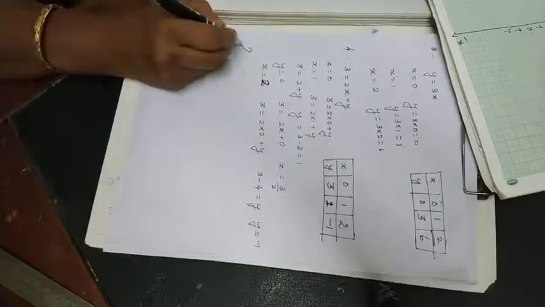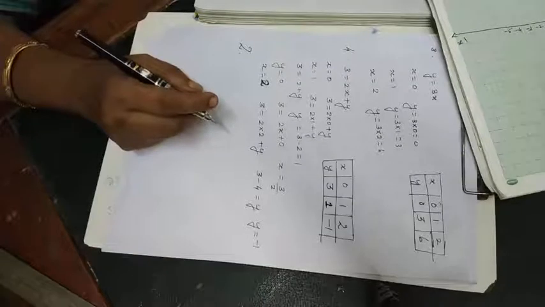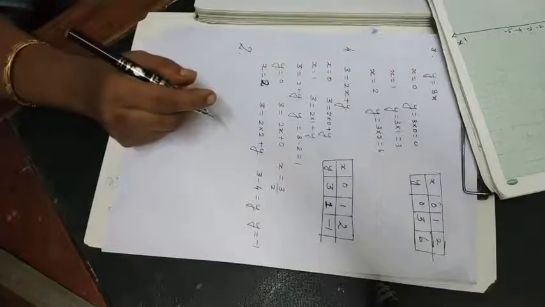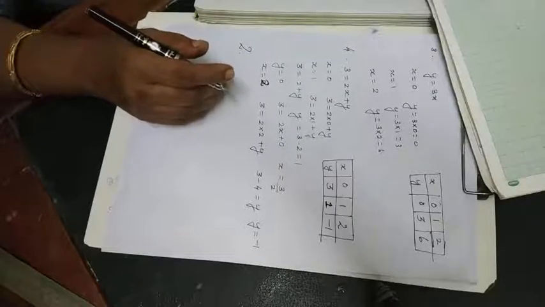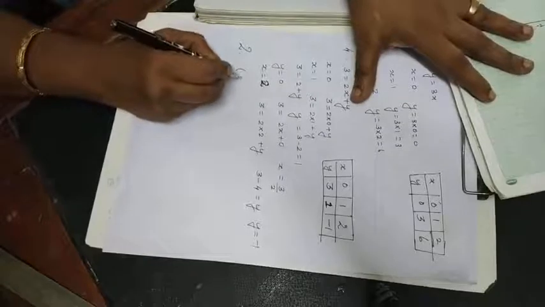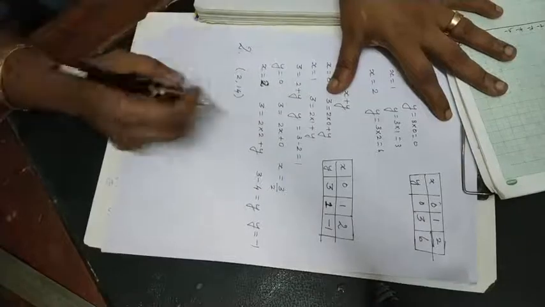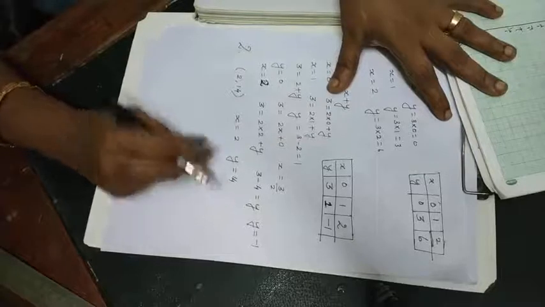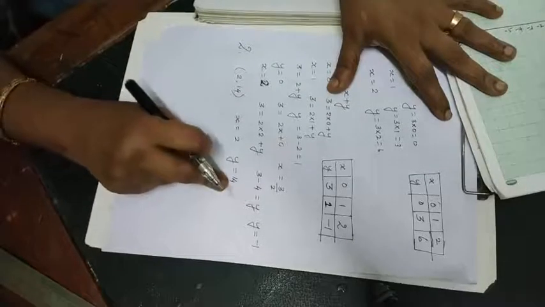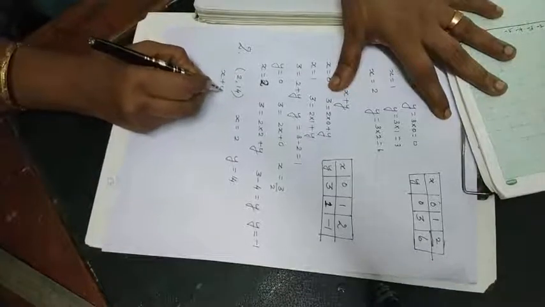Now the second question. Give the equation of two lines passing through (2, 14). How many more such lines are there and why? Now see here, one point is given, (2, 14). Now x is equal to 2, y equal to 14. What is x plus y? 2 plus 14, that is 16. So the first equation you can write simply as x plus y is equal to 16.